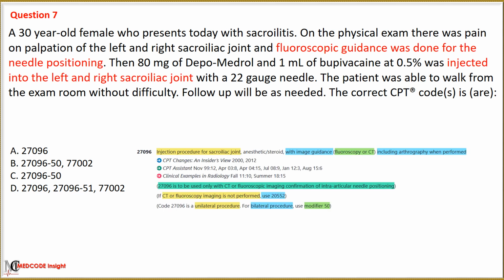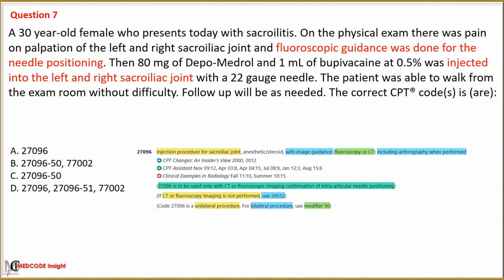In the given scenario, an injection procedure for the left and right sacroiliac joint is performed. When coding for the injection of the sacroiliac joint, it is important to keep the parenthetical note under code 27096 in mind. According to the guidelines, code 27096 for the injection procedure is used only with CT or fluoroscopic imaging confirmation of intra-articular needle positioning.